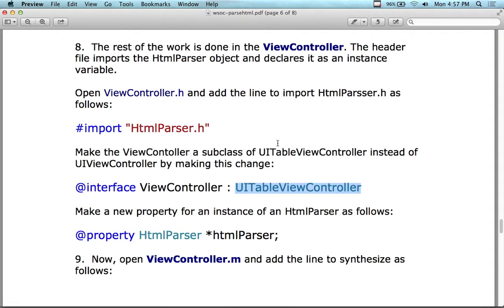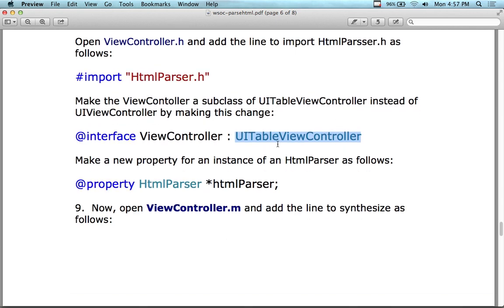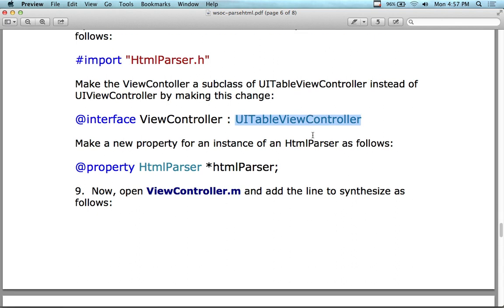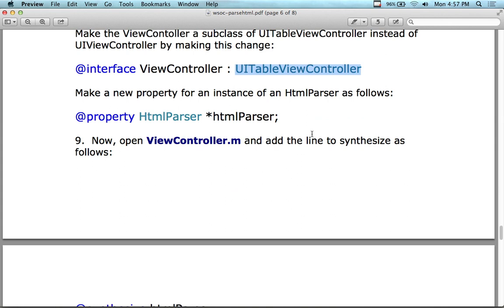Yeah, I can show you the blow up, and you can see the error message and then you can see why it's happening. But make a new property. So remember, we have to do something. We just changed it from view controller to UI table view controller, and the view doesn't know this yet. So remember, that's going to cause a problem. All right, so